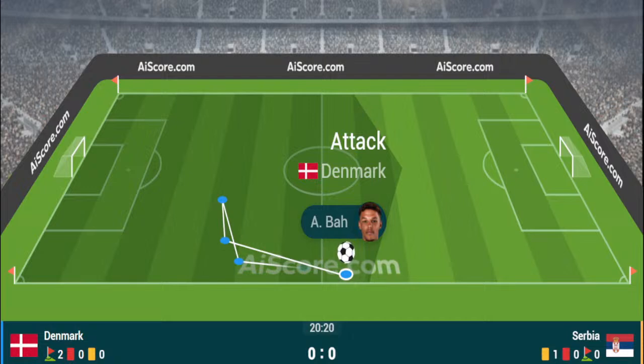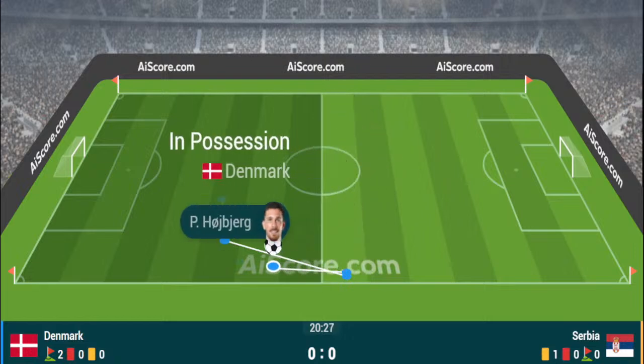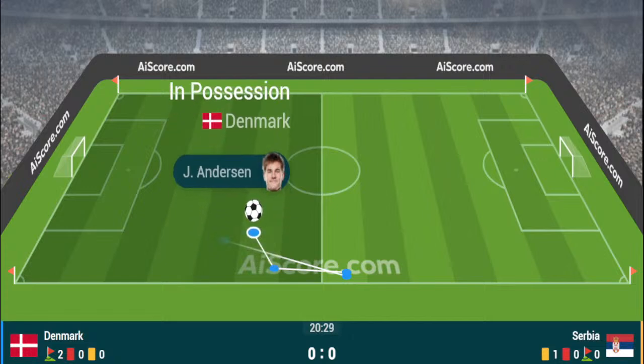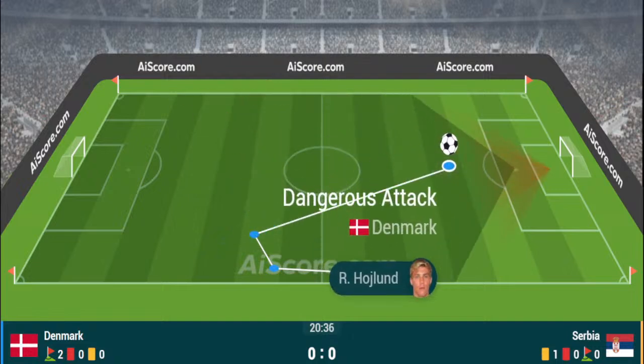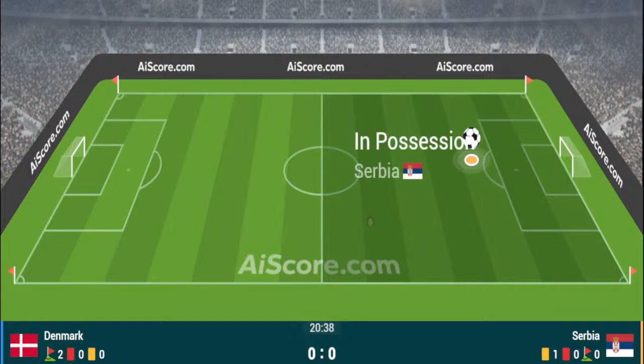Did he just raise the left arm to make contact with the ball? He well might have done, but missed by the referee. And there's a throw-in now which Bah will take on that right-hand side. Bah assessing options, level with the edge of the penalty area, and Bah takes the throw into the penalty area, and Rasmus Højlund was looking to pick up the pieces off the winner, just got a touch down.